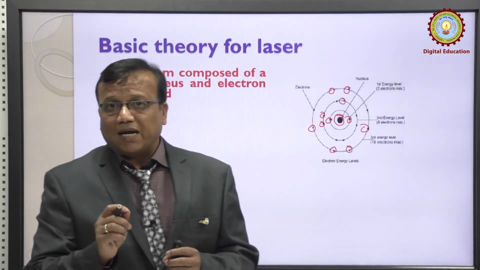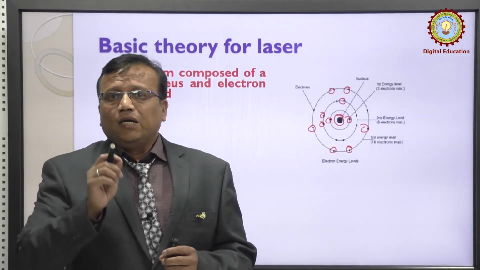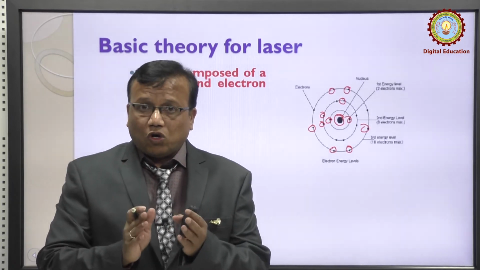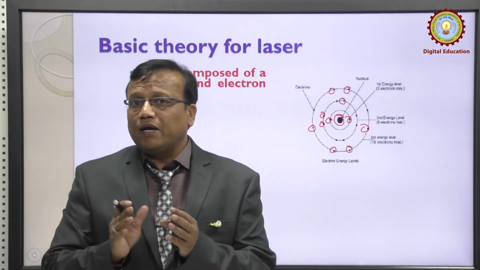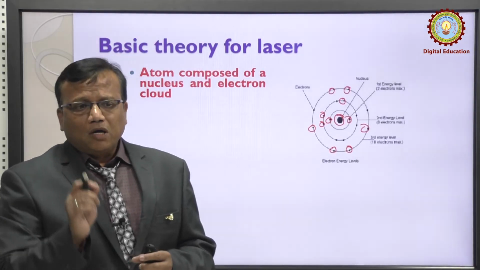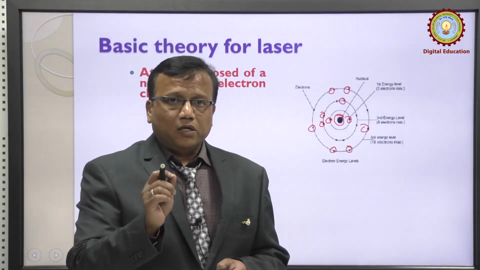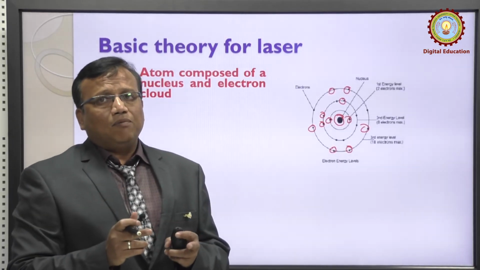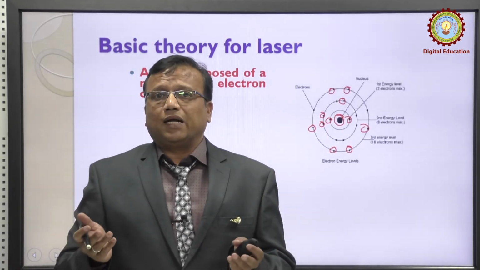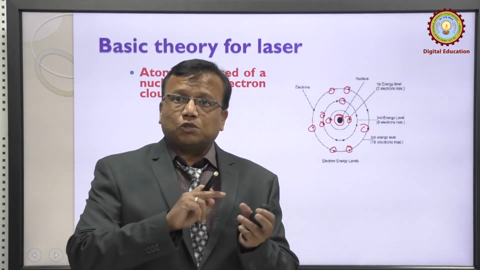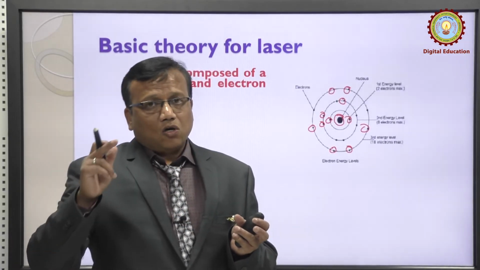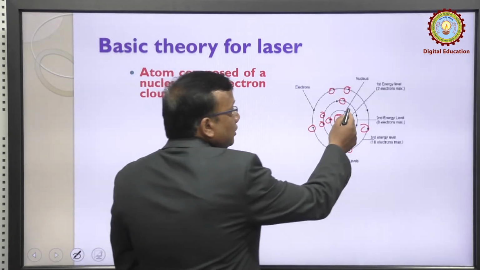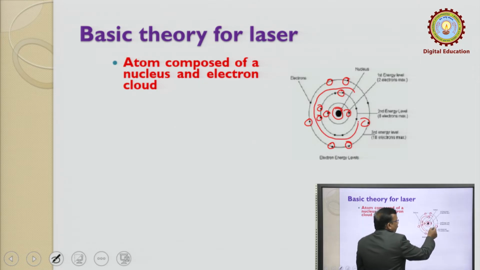Proton has a positive charge, so it is called a positively charged particle. Neutron has no charge, so it is called a neutral particle. Because the nucleus is composed of protons and neutrons, the nucleus will have the charge of the protons, so it is also positively charged. Electrons are negatively charged, so they are called negatively charged particles. Due to the attraction force between the nucleus and electrons, electrons revolve around the nucleus in circular orbits, or we can say in definite orbits.